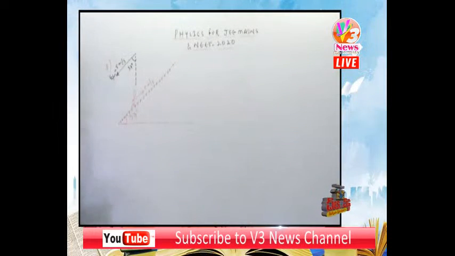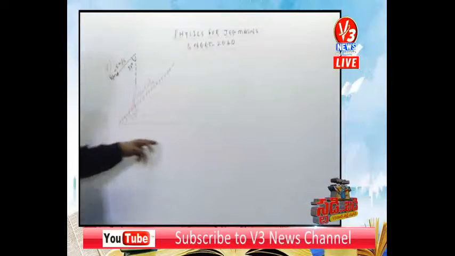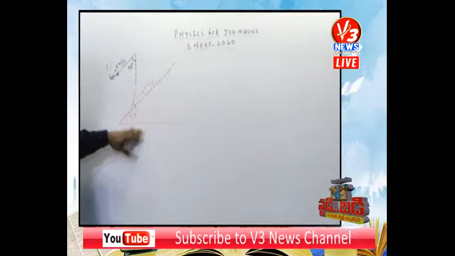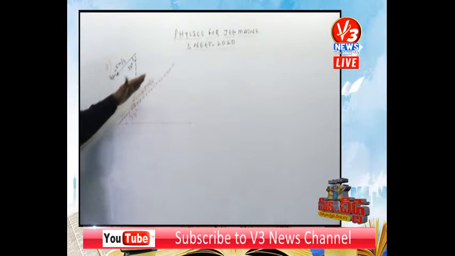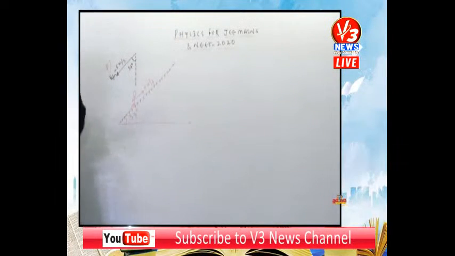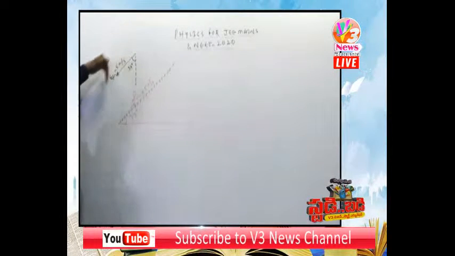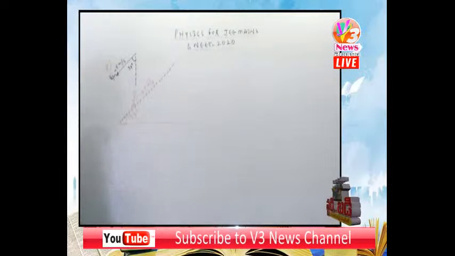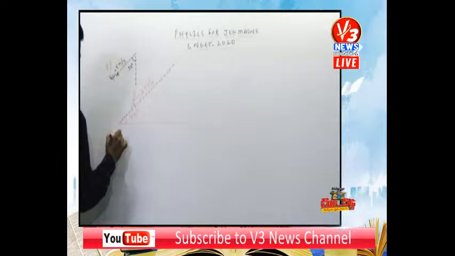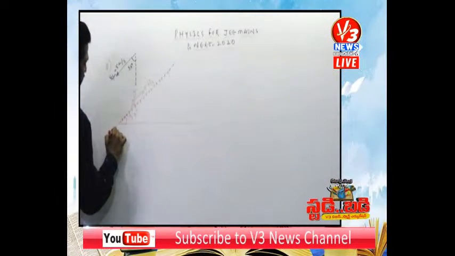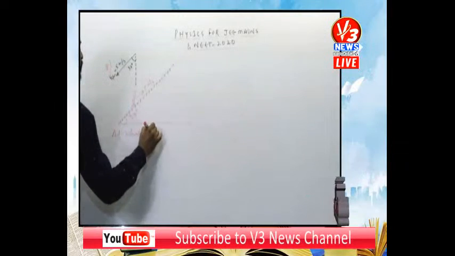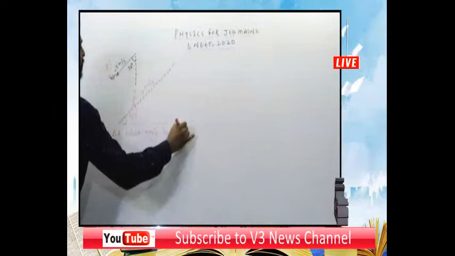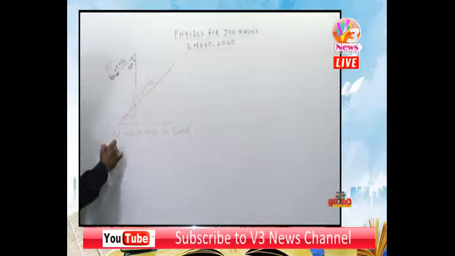The question is, listen to the question better. This is an inclined plane making an angle of 37 degrees. On this inclined plane, a man is moving up with 5 meter per second, and when he is at rest right now, for him the rain was falling at what velocity? 5 meter per second in the downward direction. Now what is the question? At what angle should he hold the umbrella? So the question is, at what angle should he hold the umbrella